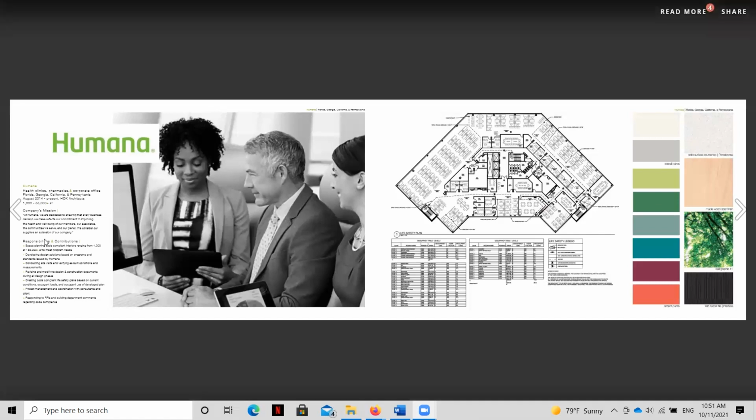And so you can see also down here, this is the responsibilities and contributions of the designer, what we also refer to as the scope of work. And so you can see right on that first page, you've got the name of the company, the values of the company spelled out in the mission, basic information about the designer's scope of work, and an image that sets this kind of concept and tone.